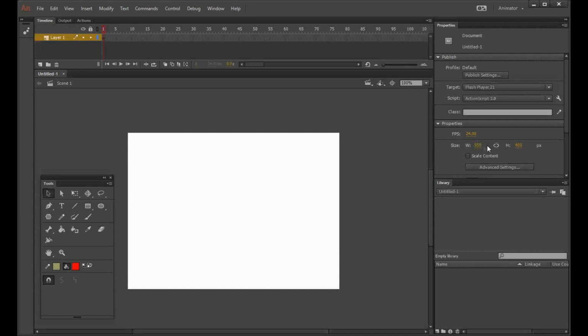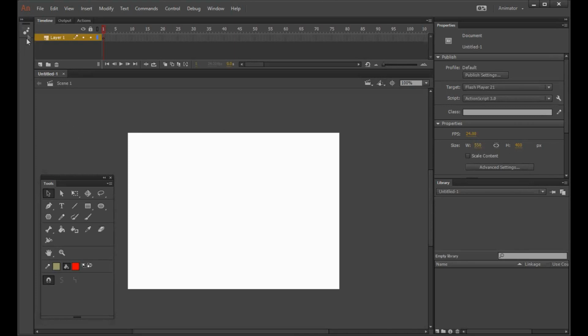The default size is 550 pixels width and 400 pixels height. Okay, before we create, let's look at this size.